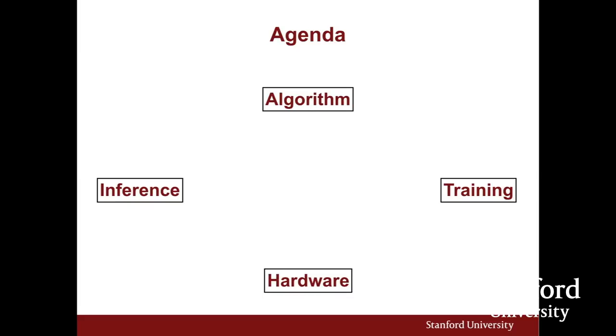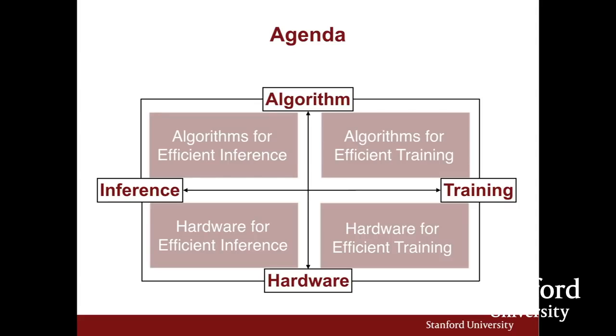In today's talk, I'm going to have the following agenda. We are going to cover 4 aspects: algorithm and hardware, inference and training. They form a small 2x2 matrix. It includes algorithms for efficient inference, hardware for efficient inference, algorithms for efficient training, and lastly, hardware for efficient training. For example, I'm going to cover the TPU, and I'm going to cover the Volta. But before